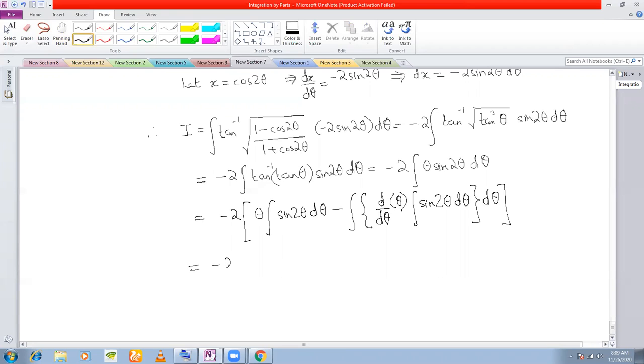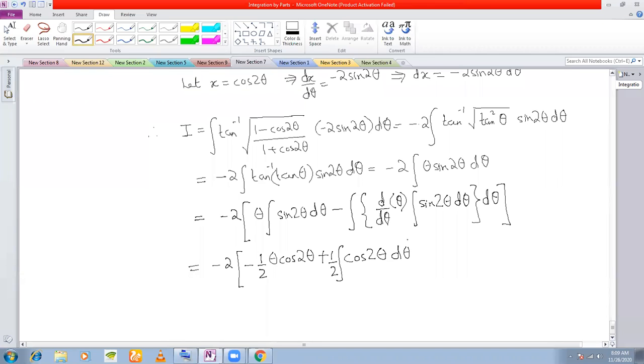Minus 2 into integration of sine 2 theta is minus cos, right? Integration of sine is minus cos, integration of cos is sine. So minus half theta cos 2 theta minus integral: derivative of theta is 1, and integral of sine 2 theta is minus half cos 2 theta. So minus minus becomes plus. You take half outside, becomes cos 2 theta